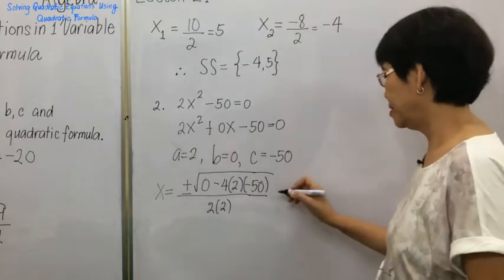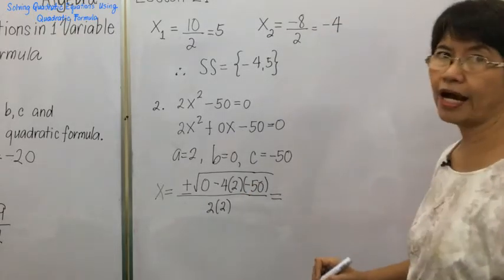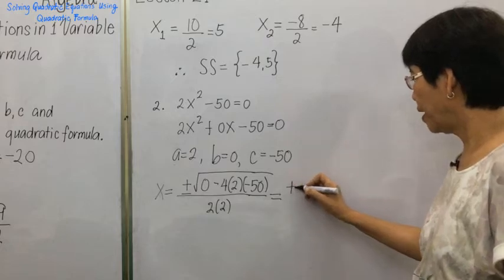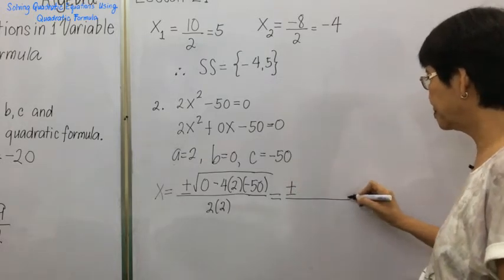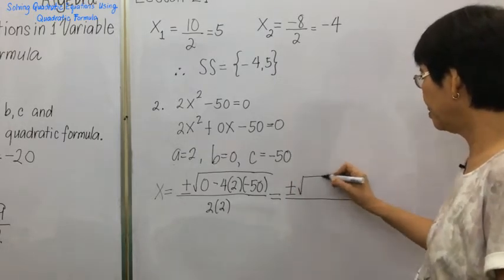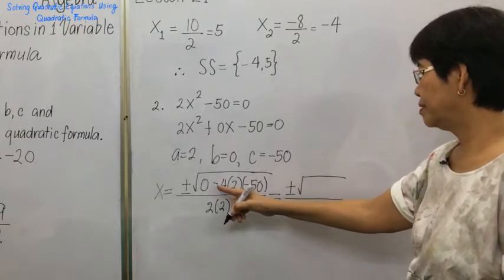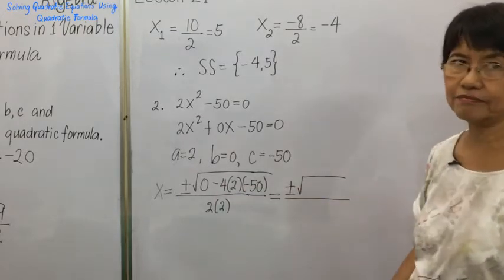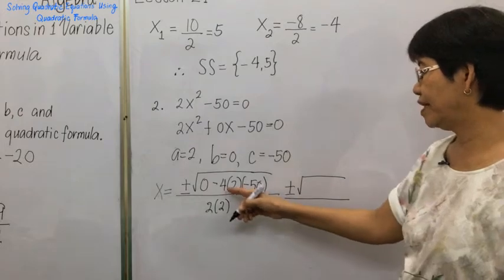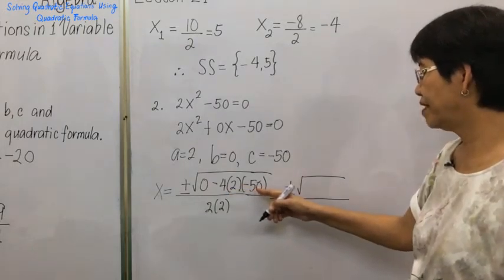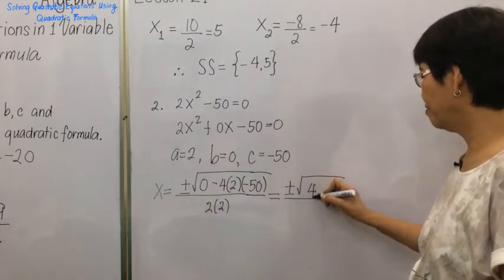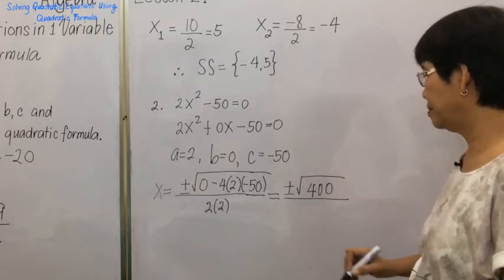And simplifying that, we have plus or minus the square root of, so this is negative times negative, positive, and we have 8 times 5, so we have 400